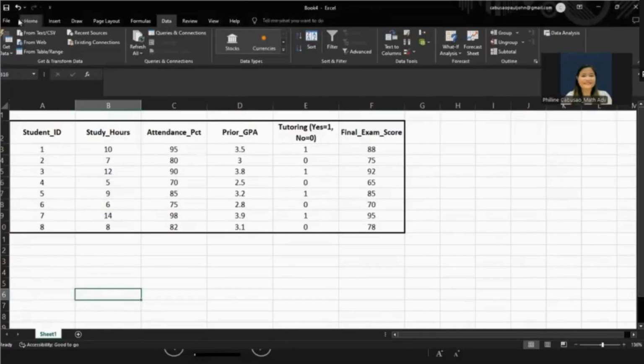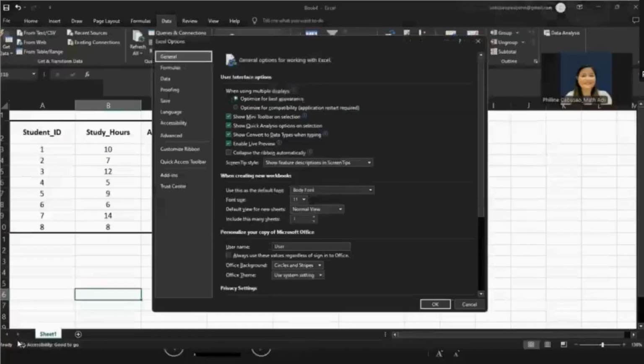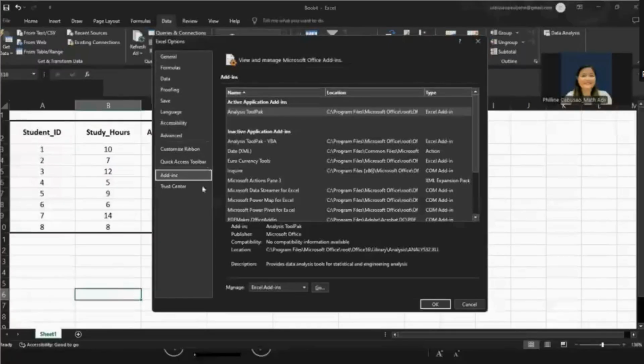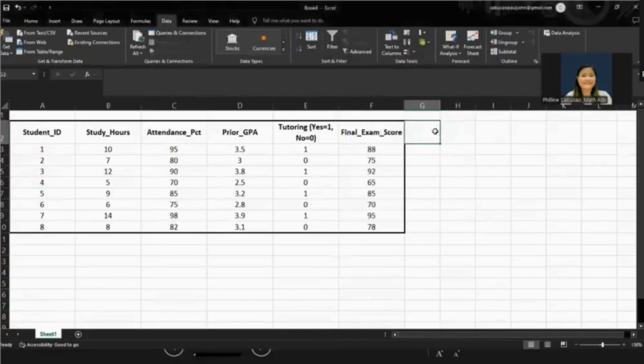If that cannot be found, what you will do is click File, then Options, then you click Add-ins, then Add-ins, then click Go. After which you click Analysis ToolPak, then OK.